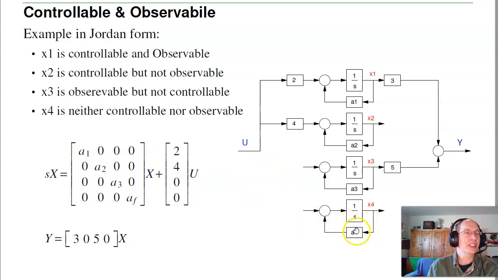Typically, we ignore these states. Again, I can't see them. I can't control them. Sometimes you still might worry about that. If this is unstable, it'll still break the system. What that means is I can't see it from this output, but some other output I can probably see it. I can't control it from this input, but if it's unstable, I've got to do something about it. Find a different input. This ain't it. So that's kind of a pictorial example of what is controllable and observable. And that's where Jordan form is really nice. If the B matrix is non-zero, it's controllable. If the C matrix is non-zero, it's observable.